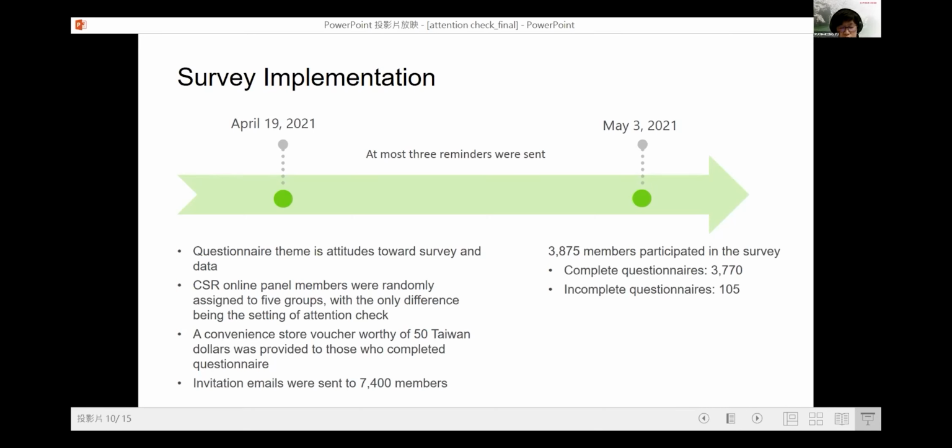The survey was implemented between April 19th and May 3rd last year. About 7,000 invitations were sent, in which about 3,800 members participated in the online survey. And among the participants, 105 participants did not complete.